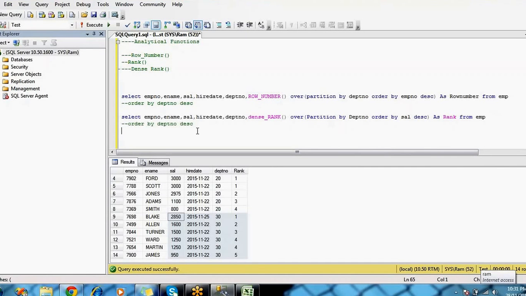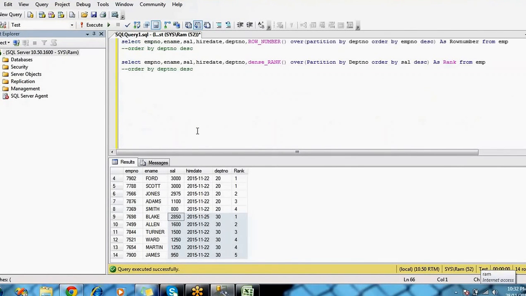If you want to apply row number, dense rank or rank functions at the entire table level, you don't need any partition. If you want to give rankings and row numbers based on a particular group or department, you have to give that in partition by. These are the analytical functions in SQL.